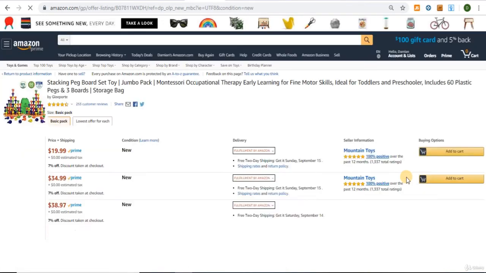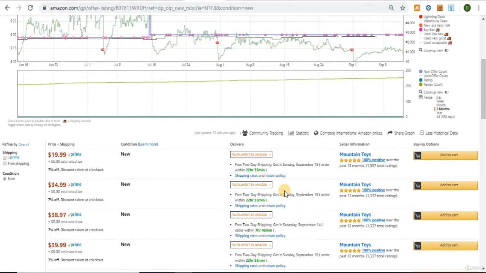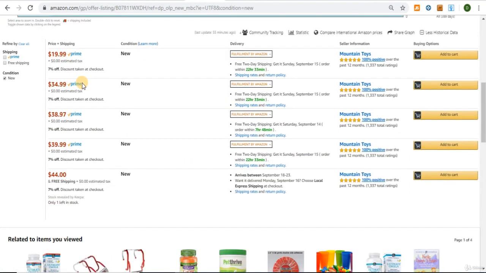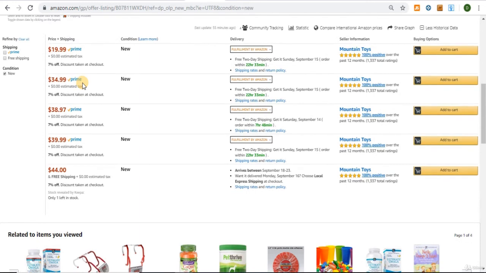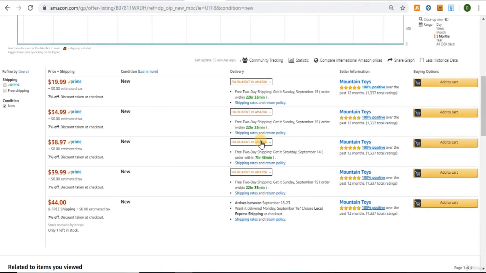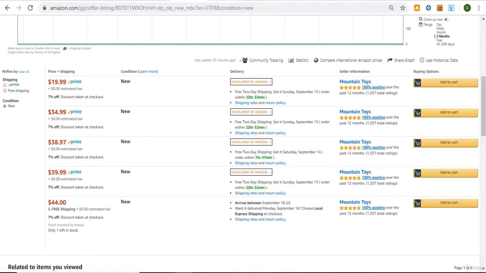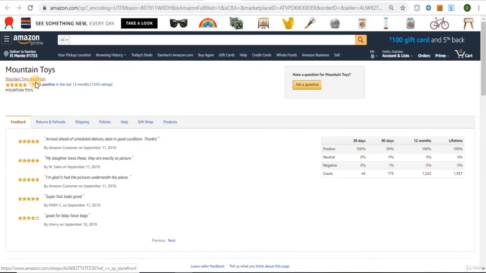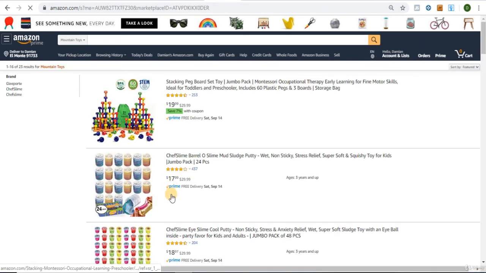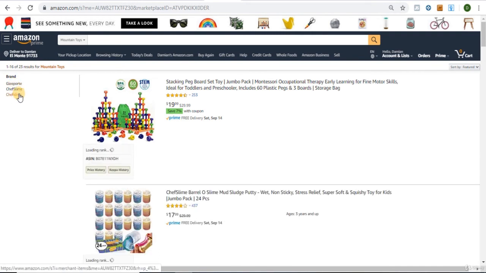Click on their sellers, and then for some reason Mountain Toys is selling all of these. I've actually never seen that before, but nonetheless, you could still go to Mountain Toys. You could still pull up their storefront and see what products they're selling. So if they have good products, obviously you could still go ahead and contact. Well, okay, they're only selling 2 different brands, so if these were good brands, you could contact Gleeport, Chef Slime,